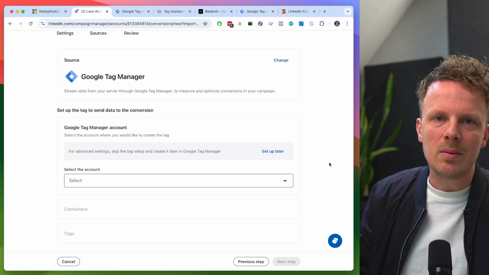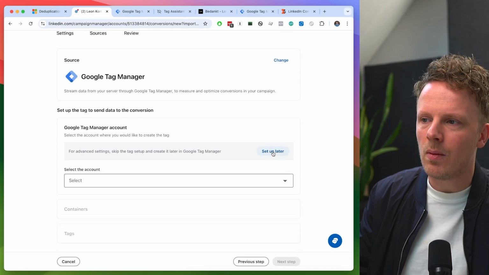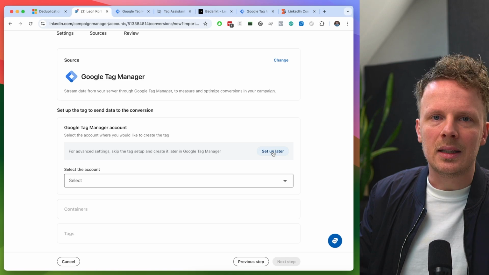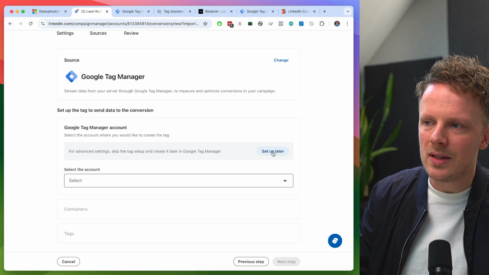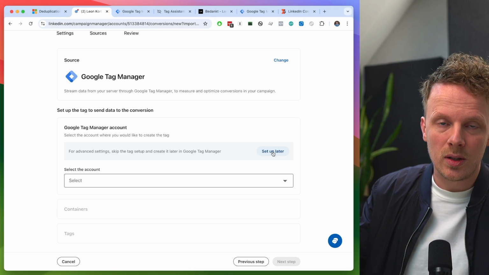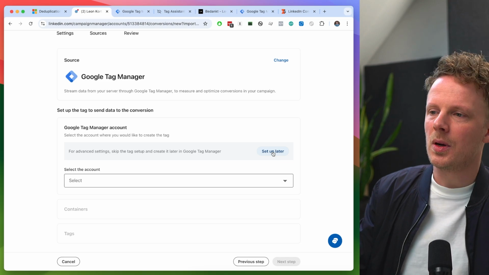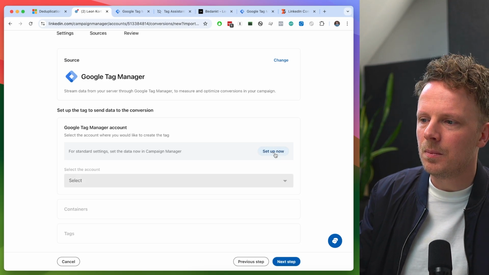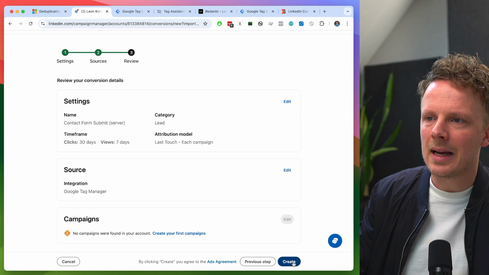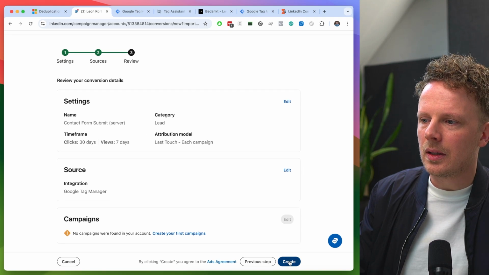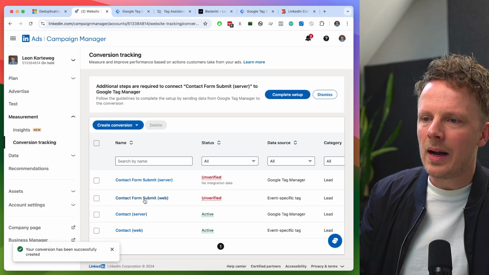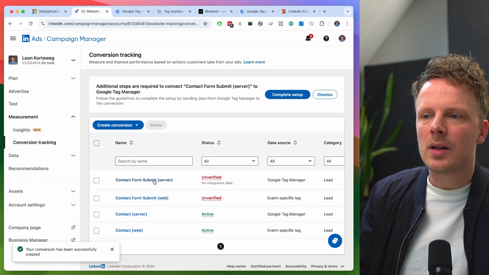And this is not easy, but there is a way to say, okay, I want to bypass this and I want to set this up later. So I'm going to press this button so LinkedIn will not set it up for me. I want to set it up myself, basically. So set up later, and then I'm going to say next step, and then I'm going to press create. So now I have a web conversion and a server conversion,